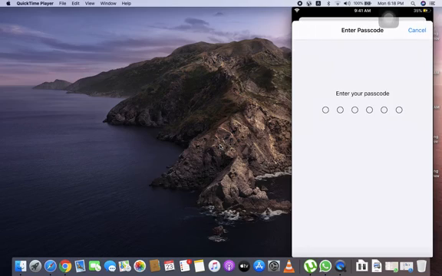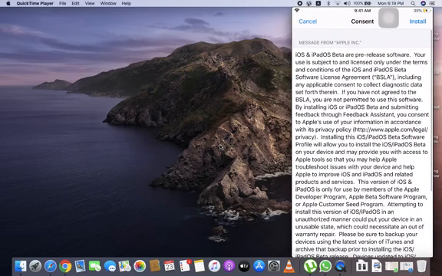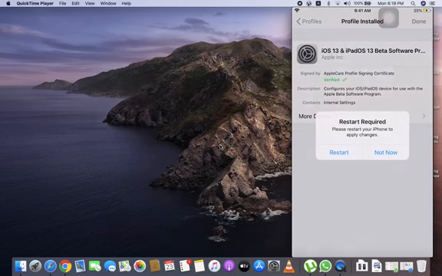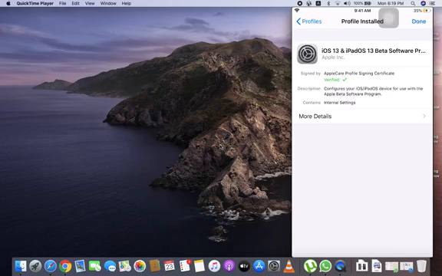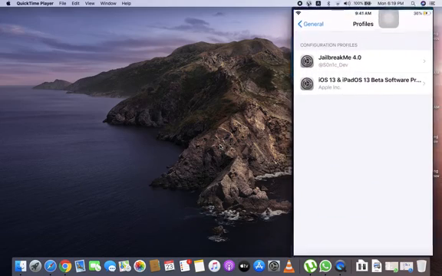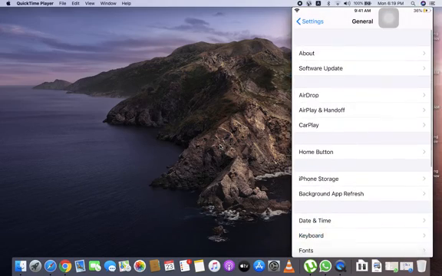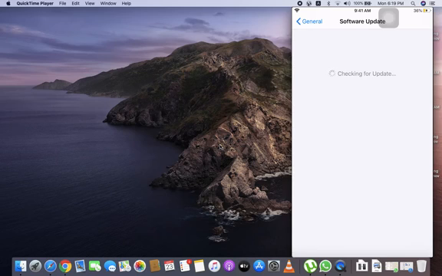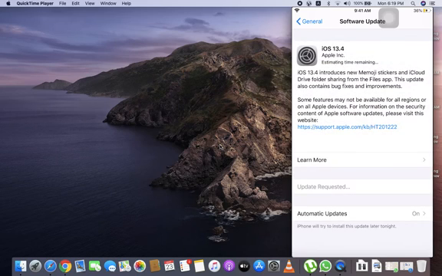So just click install, just add your password, and once you have done that, just click on agree, click install, and just restart your phone. And once you have restarted your phone guys, just go back. From there you go to software update, and once the software update you have done, you will get iOS 13.4